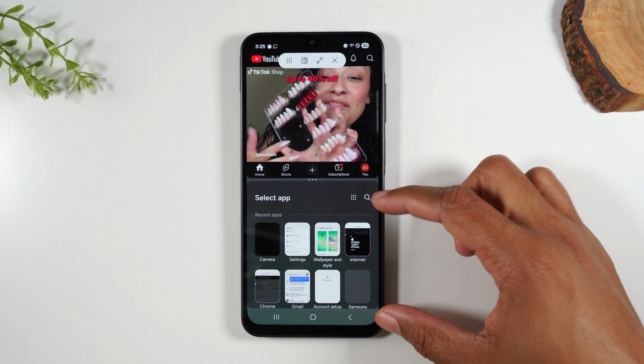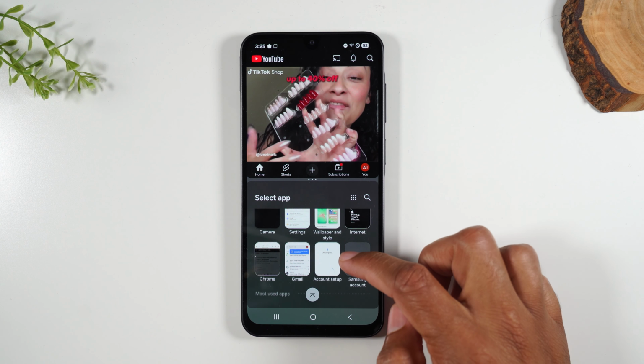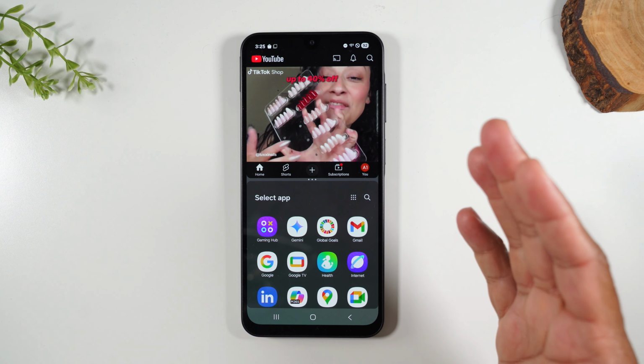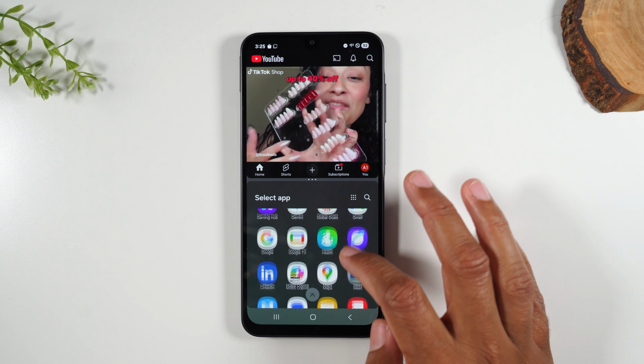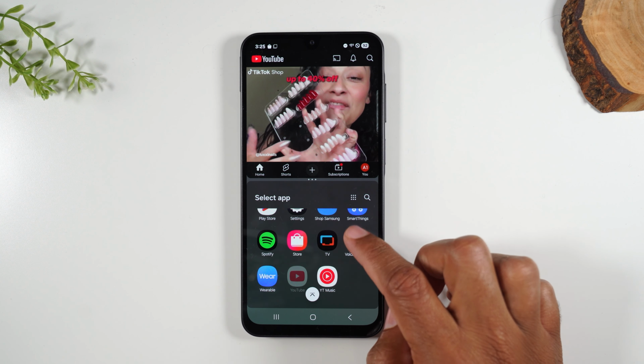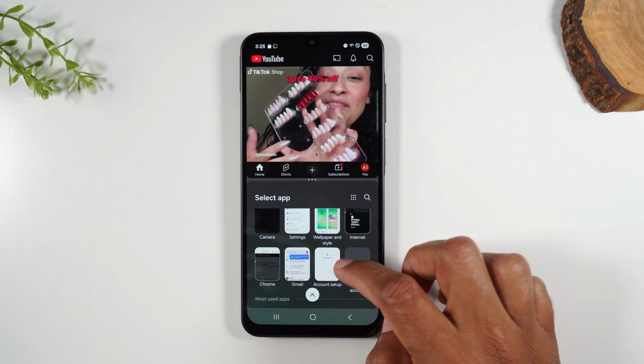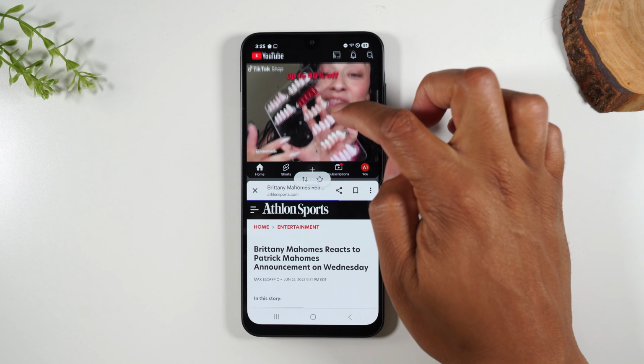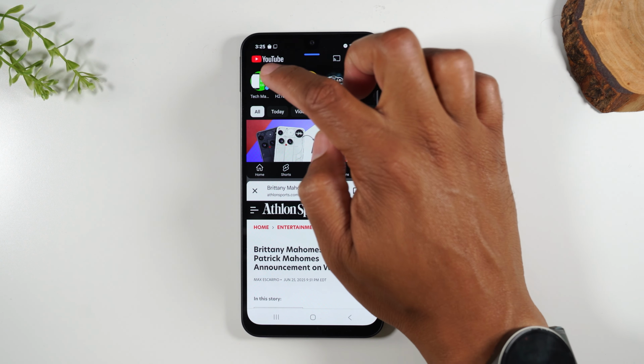And then this pop-up will show up at the bottom, and then you can go through and select another app to have at the bottom of the screen. Now let's say you want to have YouTube at the top, and at the bottom you'd like to have your web browser like Google Chrome. Let's find Google Chrome right here, open it up,